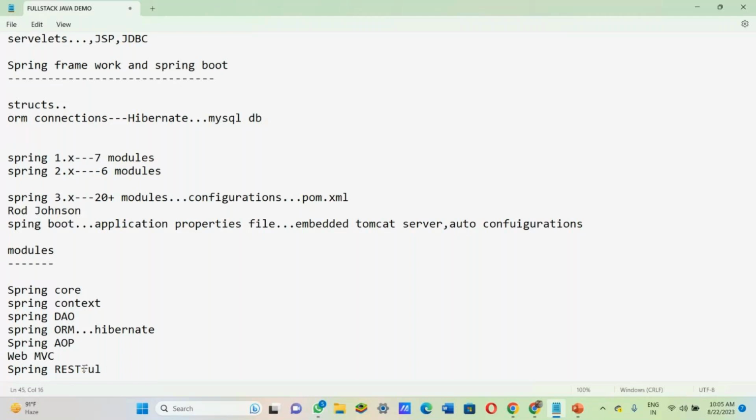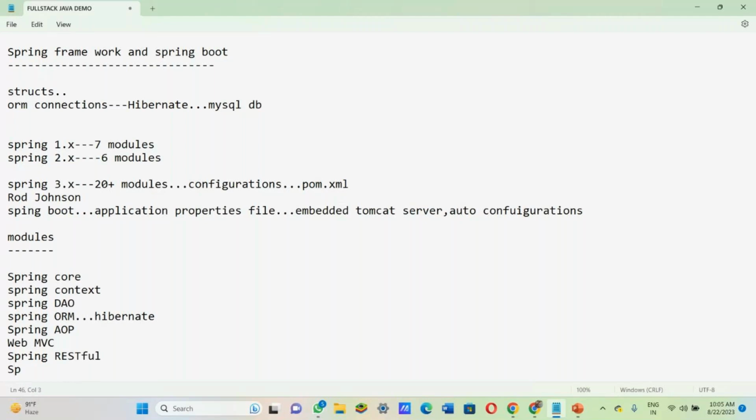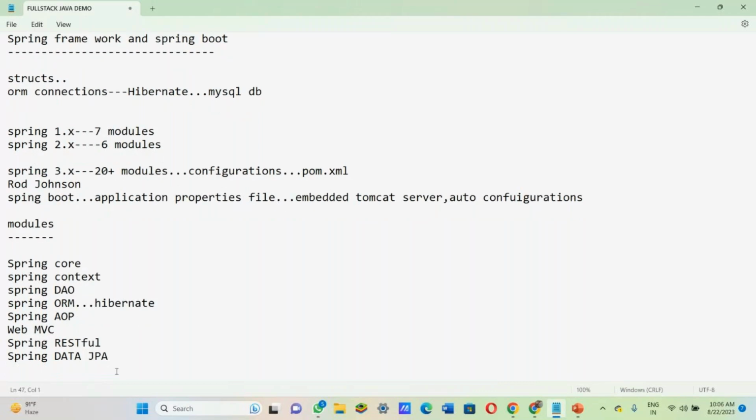So we'll see what is what. Don't worry. And we have Spring Data JPA. Why are we using this Data JPA? So we have to connect Java persistence applications. We have some inbuilt interfaces available in Data JPA, which we can connect to and get the information about all CRUD operations. CRUD operations means we can create, we can retrieve, we can update, we can delete. CRUD operations. And we have Spring Cloud,